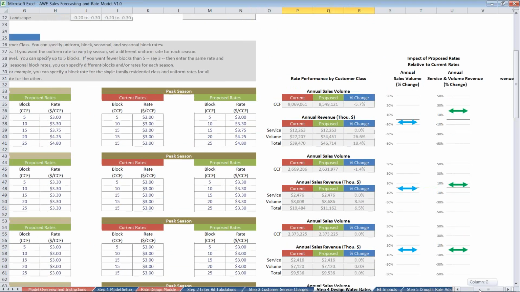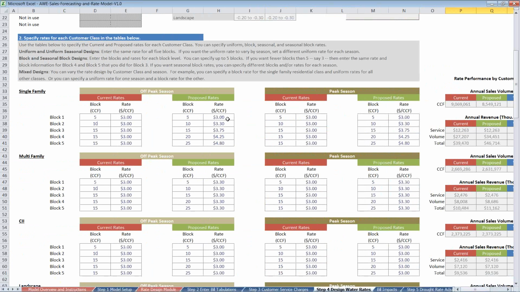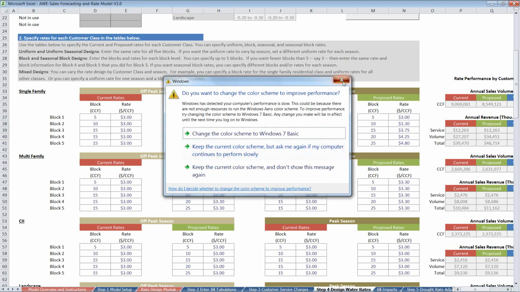And I also want to demonstrate that we set up this tiered rate structure, and it's got 5 blocks, which is the maximum allowed by the model. But we may want to keep it simpler and say we only want 4 blocks. So we can see how the blocks are broken out, 5, 10, 15, 20, 25. And if we want to just have 4 blocks, what we can do is take this 25 block and just make it 20.